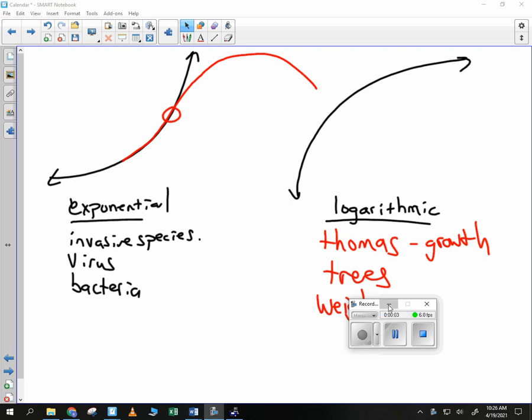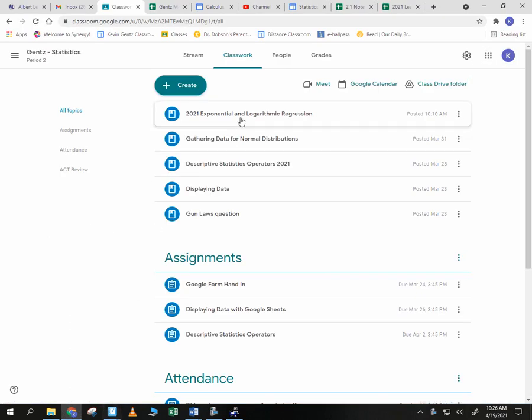We're going to make a video here for anybody who's gone. So we're talking about exponential growth and logarithmic growth. Exponential has that type of a curve, whereas logarithmic has that type of a curve. And if we go into our